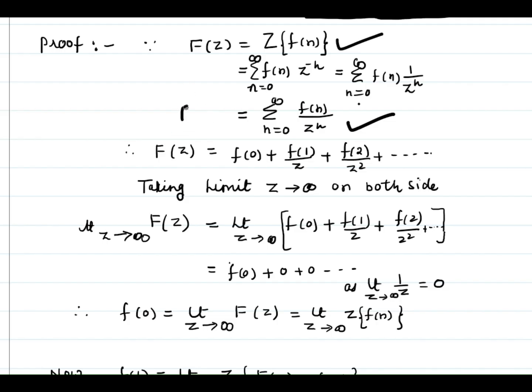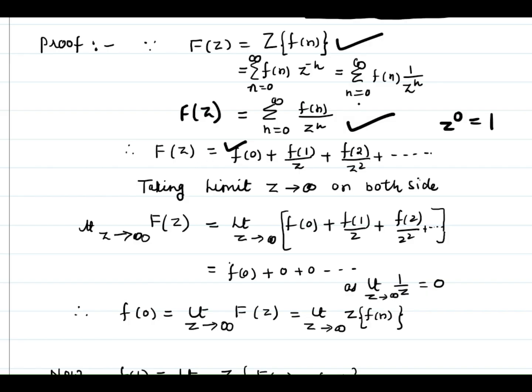Now this is actually f of z on the left hand side. So f of z equals to, if we are just putting the summation n value from 0 to infinity, first of all we will get f of 0 plus f of 1 z to the power minus 1. For f of 0 z to the power 0, z to the power 0 is 1, so that is why we are writing only f of 0. The next is f of 1 upon z, f of 2 upon z square, f of 3 upon z cube, and so on.